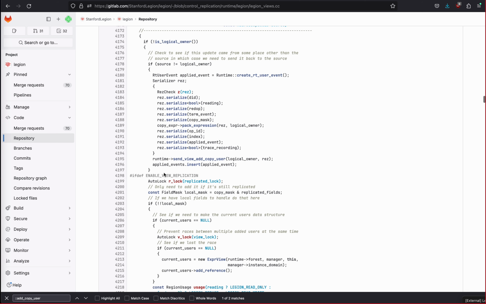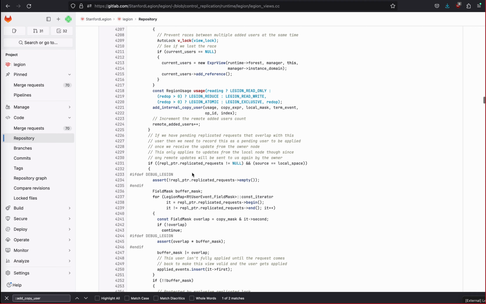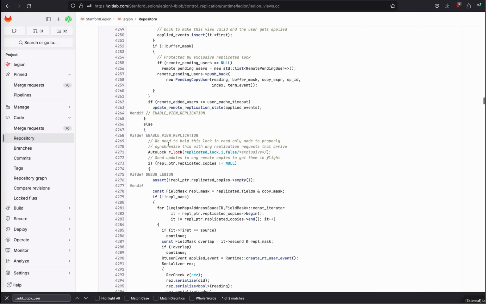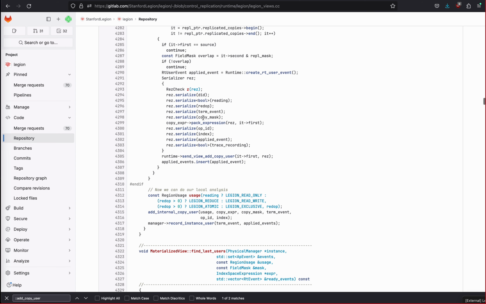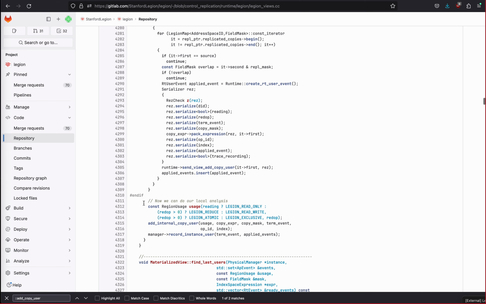Again, we're going to skip the enable view replication. That's off by default, and so not relevant to what we're talking about during these sessions today. So anything you see wrapped in the enable view replication is just off by default, and so we can skip all that. Right, so once you do make it onto the owner node,